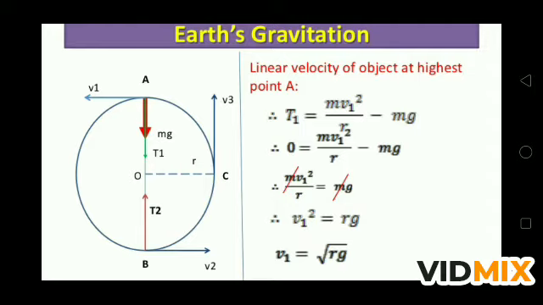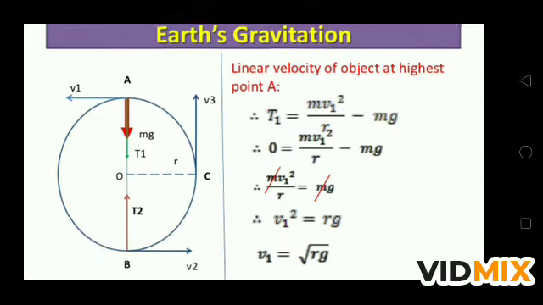So this is the required velocity, known as critical velocity, which is required to complete the full circle. At the highest point the tension should be 0 to complete the circle, so we have used this concept. So at T1 we have put 0, and by this we can find the value of the linear velocity at the highest point, and it should be under root rg. R is the radius of the circle, or we can say r is the length of the thread, the length of the string, whatever we have taken to make the circle. So v is equal to under root rg. This is the critical velocity at the highest point to maintain the circle.